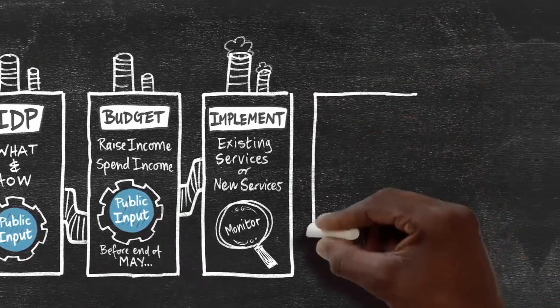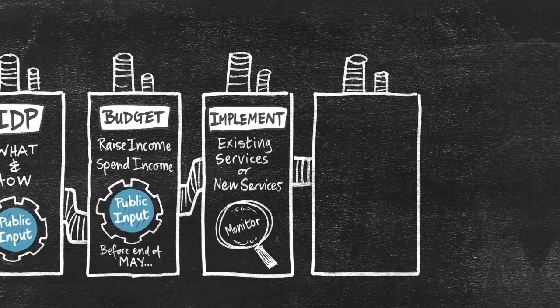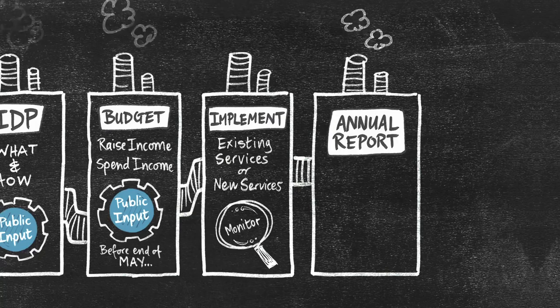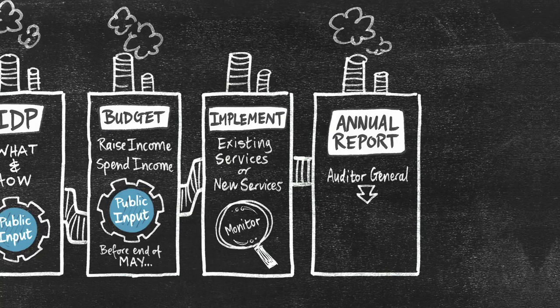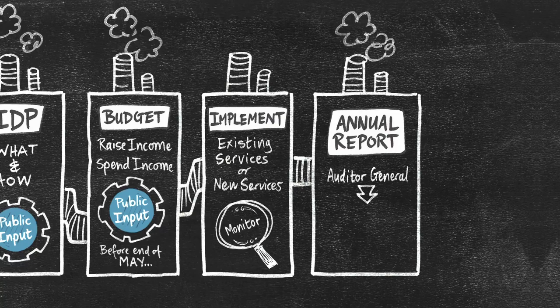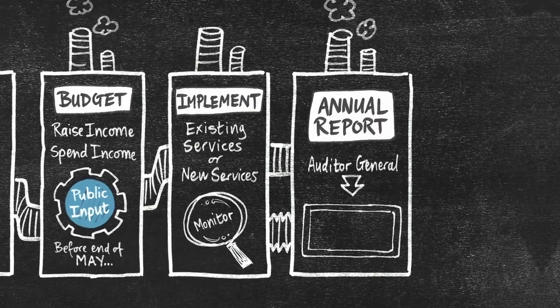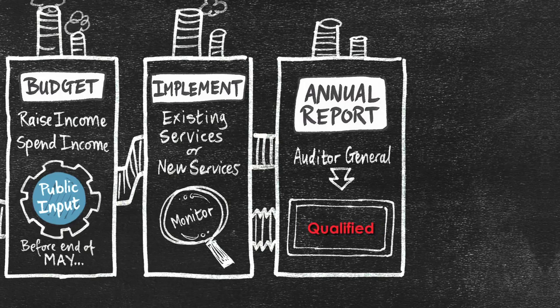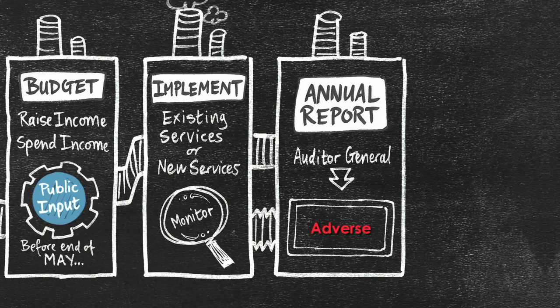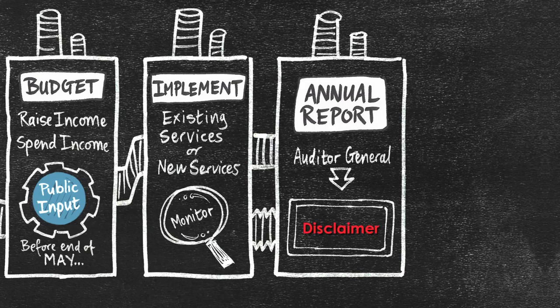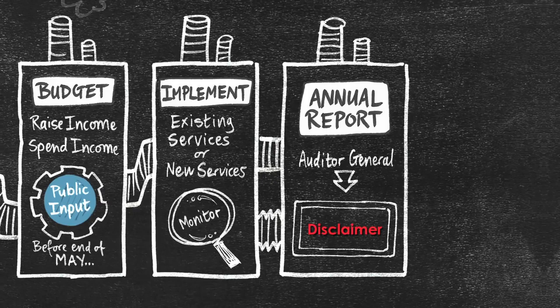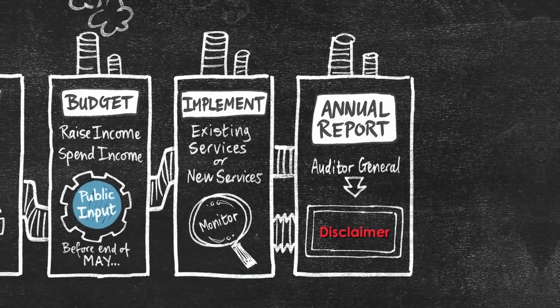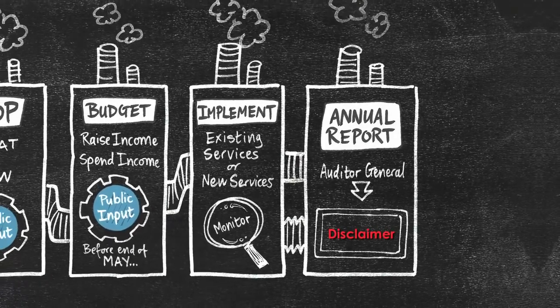The most important assessment of all these is the annual report, which will be checked by the Auditor General to see if it is accurate and complete. A good assessment is called unqualified, while a qualified means there are problems and adverse or disclaimer are serious reasons to worry. You can find these reports at the library, online, and at municipal buildings.